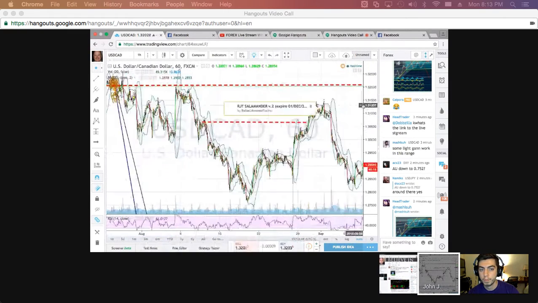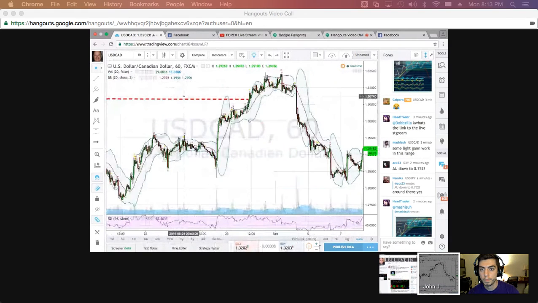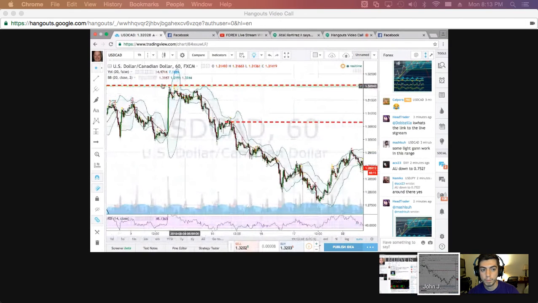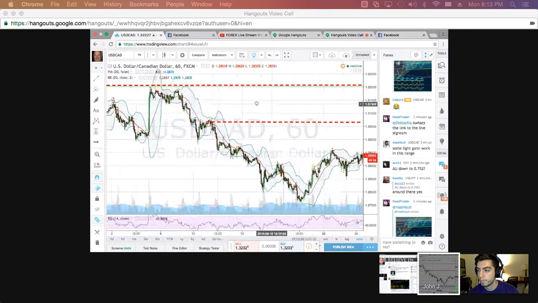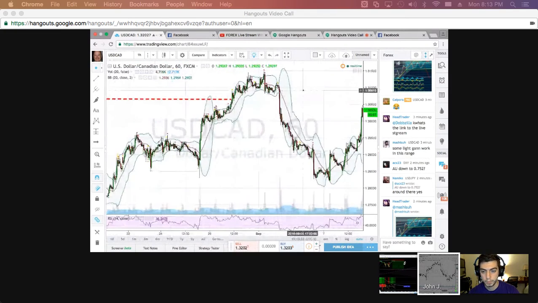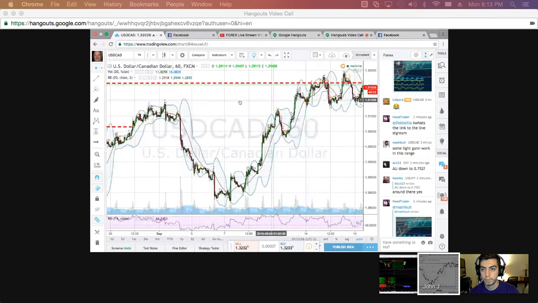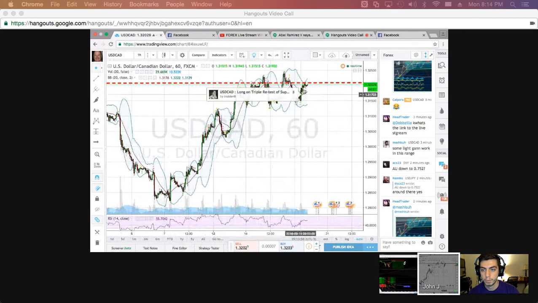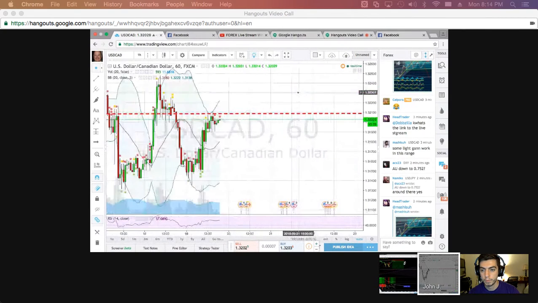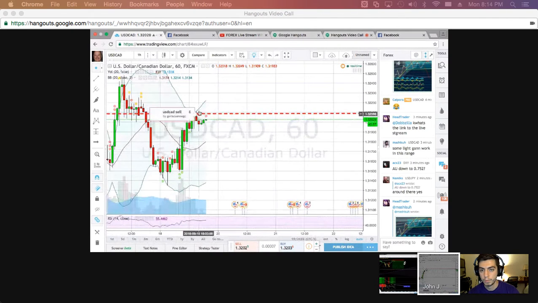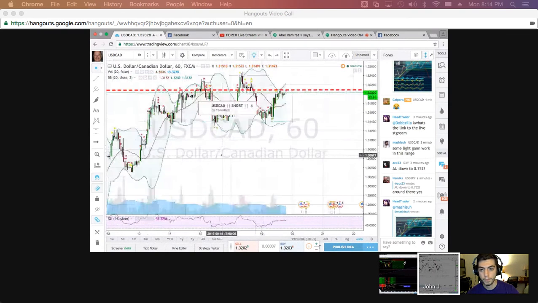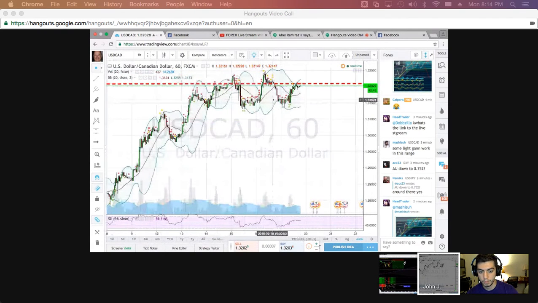So if we go back a little bit, we got a touch here, went all the way down because that was the retest. Remember, it didn't quite touch here, it still went down, and then it came back and it's touching like 3 times. It just touched it again, actually, right here. So that's at 1.321. It hit that top a lot of times, and you got a little bit of a head and shoulders here,